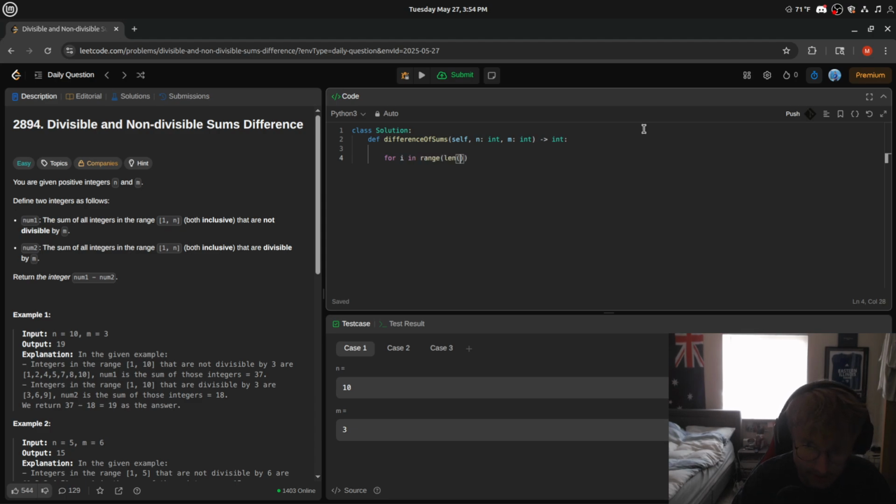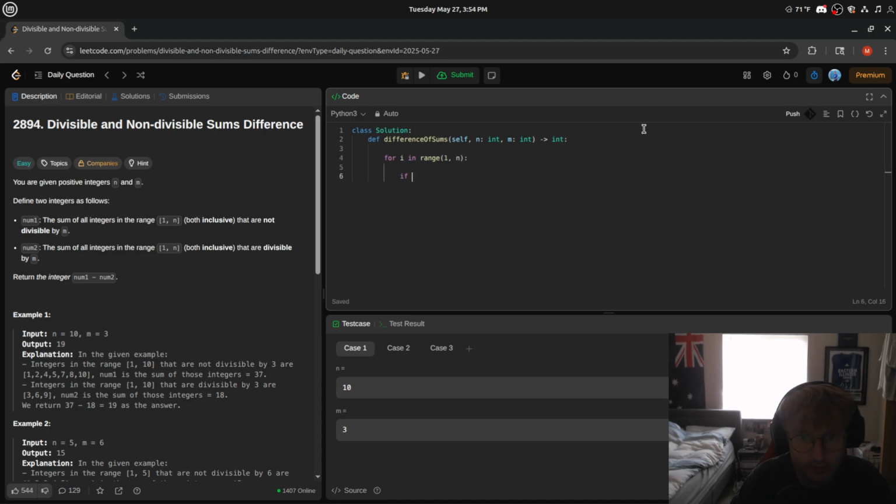Range 1 to n. Okay. Both inclusive, that are not divisible by m. So